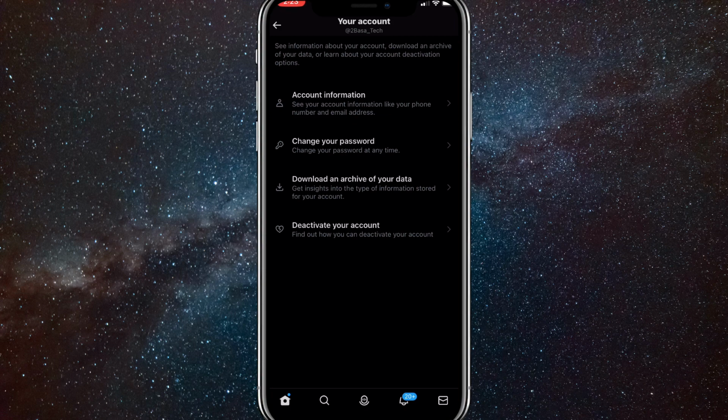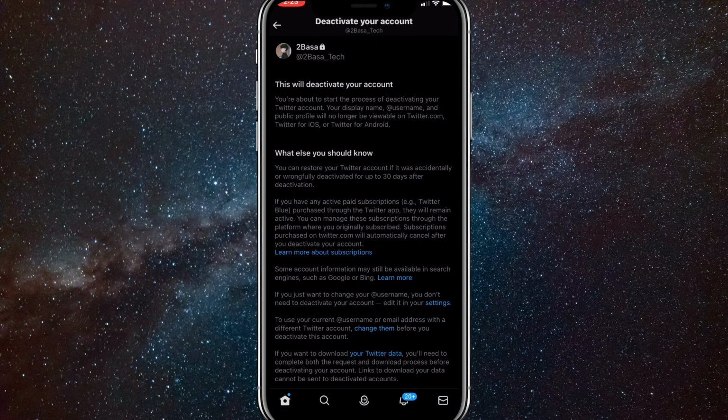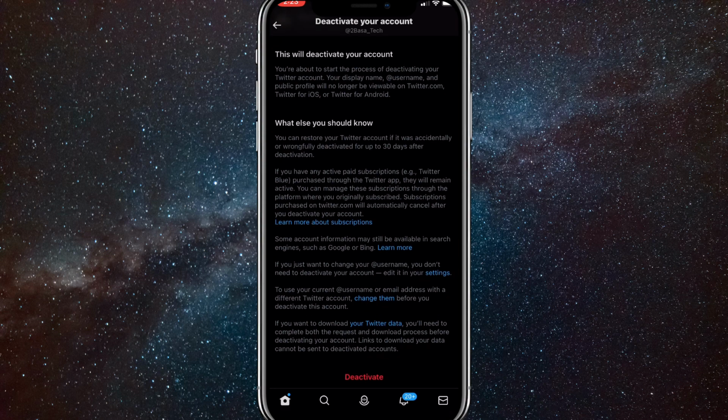So once you click on it, this new page will show up right here. And you can read through all of it if you want to, it doesn't really matter. Once you deactivate your account, however, you have 30 days to reactivate your account. So if you change your mind within 30 days, you can recover your account, but if you don't, it will be deleted forever. So at the bottom of the page, click on Deactivate,